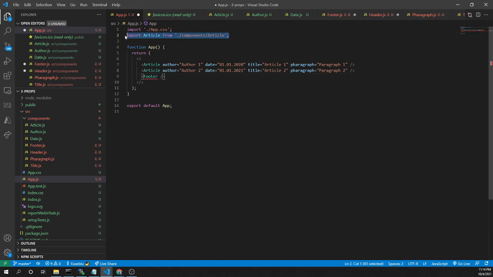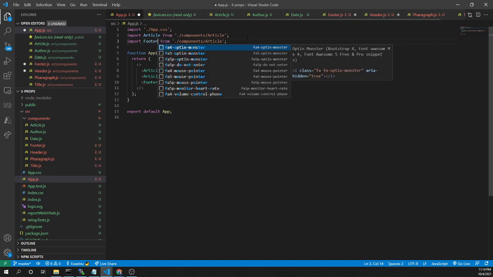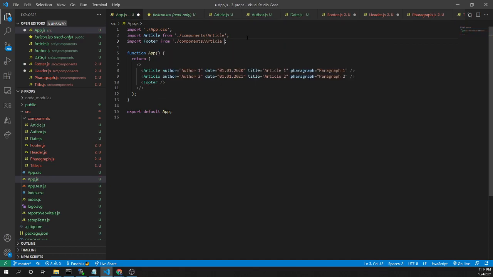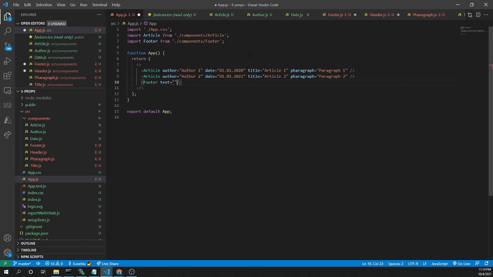Oh, I need to import it. So import footer from components footer. Okay. And now in the footer, let's put a property text. So I'll put here the text. This is the footer.